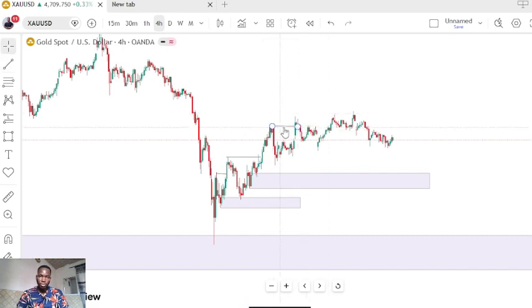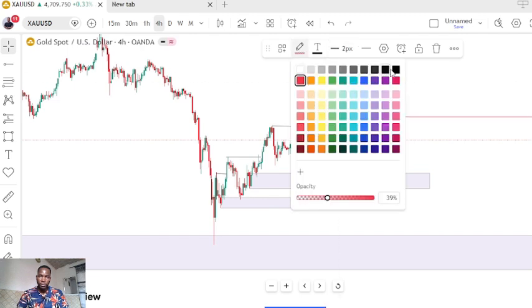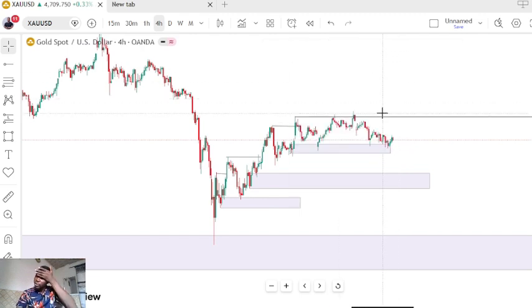Okay, so price broke the structure and we retrace back into the order block that gave us the break of structure. Can you see it? This is the order block that gave us this break of structure. We tap into it, we went all the way up to this very resistance. This is too thick. Okay, let me change the color. Sorry, I prefer black. So we tap into the resistance,